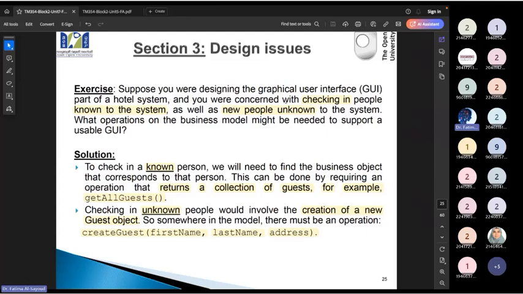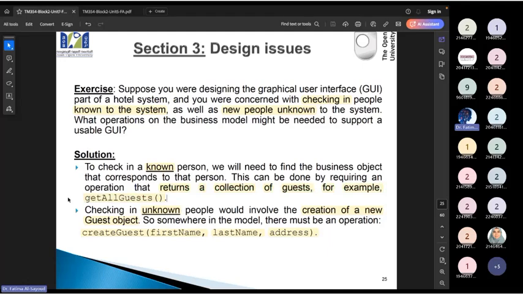So a new customer, that's new to the system, يعني customer جديد. Known to the system means a return guest, زبون already موجود. So how do we know if you are a return guest or a new guest? هل أنت زبون جديد ولا زبون عائد؟ We already explained this before. كيف نعرف كل الجست اللي موجودين عندنا؟ We can use a method اسمها get all guests. So the method get all guests is going to give us a returned collection of guests. راح ترجع لنا كل الجست اللي موجودين عندنا بالسيستم. They're already registered, اللي already موجودين في النظام.